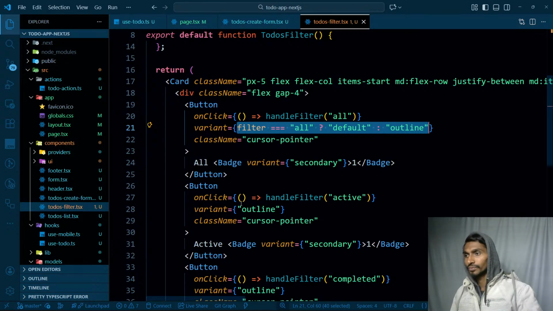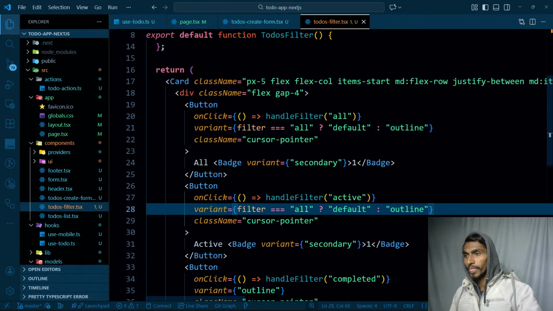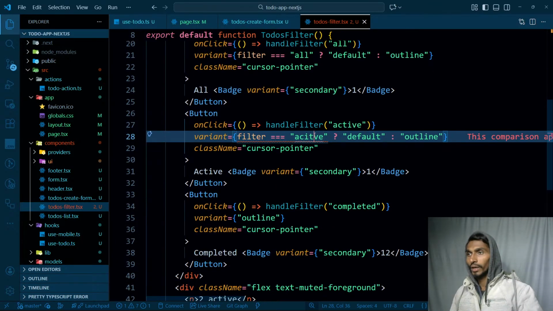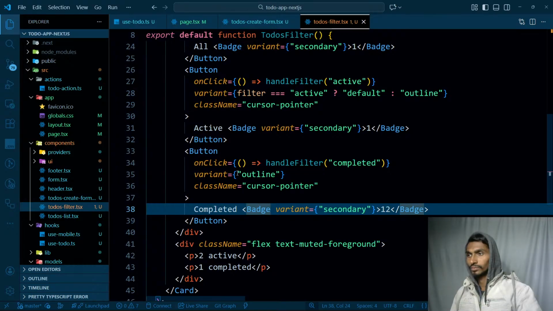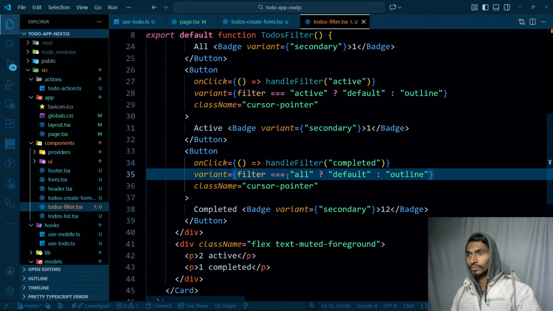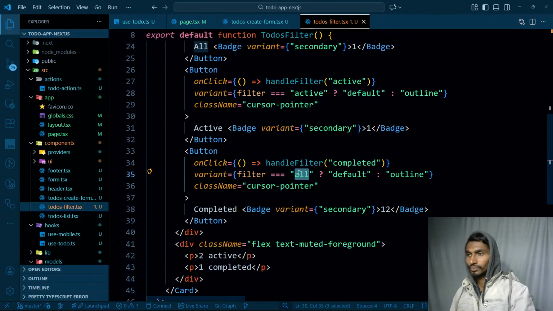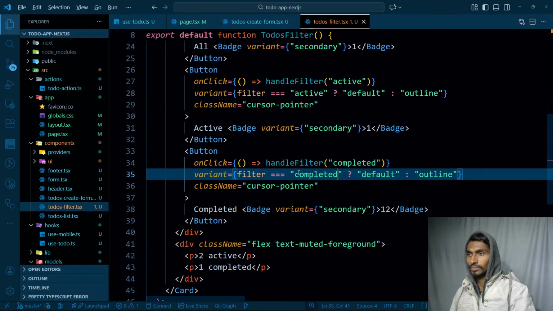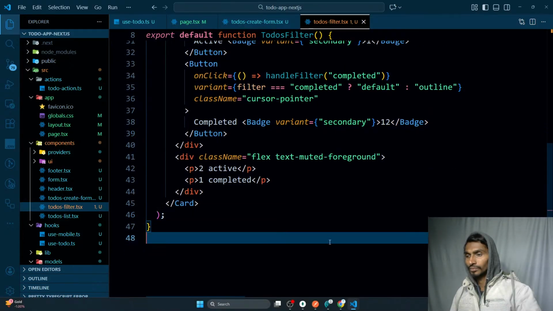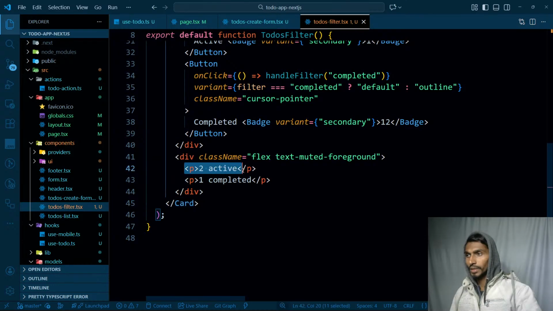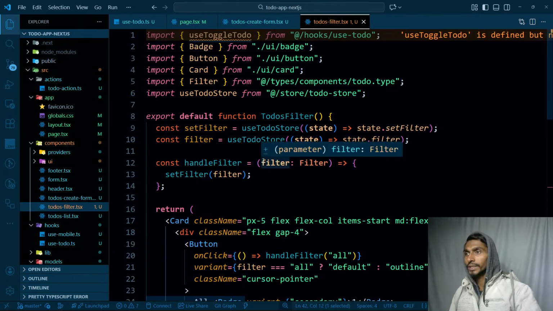Control C, Control V. If that's equal to active over here, active. Filter all. Completed. And then I have to get the values of these. Okay, so completed. Few more things that I need, and they are going to be